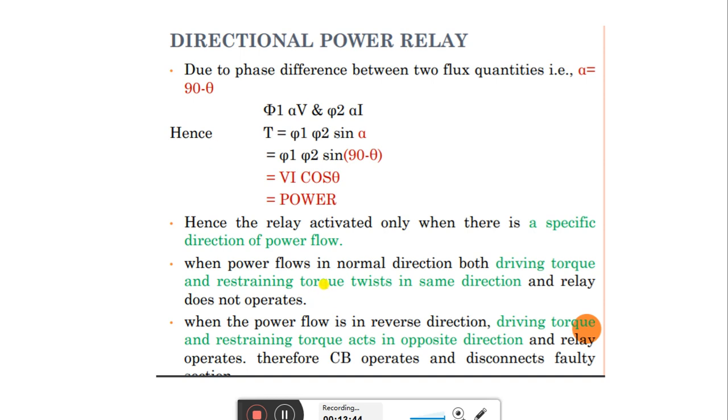However, when the power is reversed, the driving torque and restraining torque act in opposite directions and the relay operates. Therefore, the circuit breaker operates and disconnects the faulty section. So if there is a reverse power,